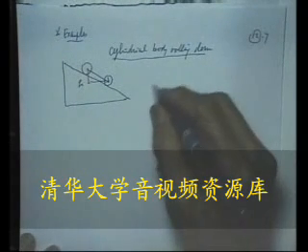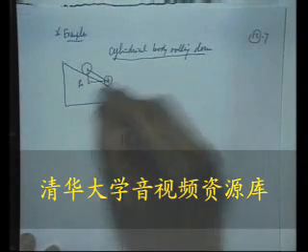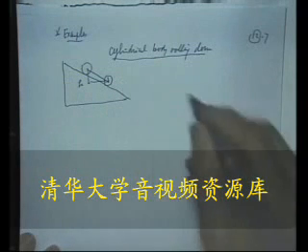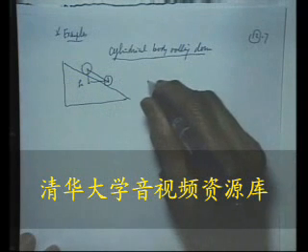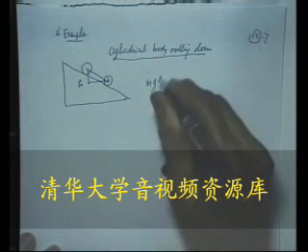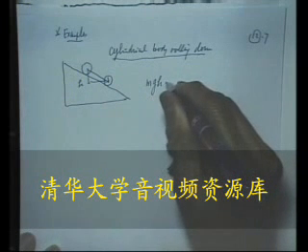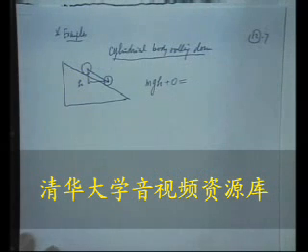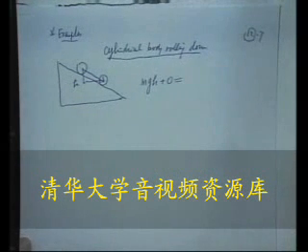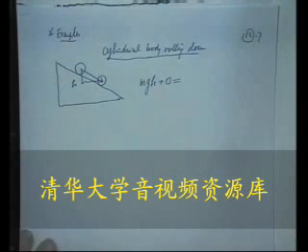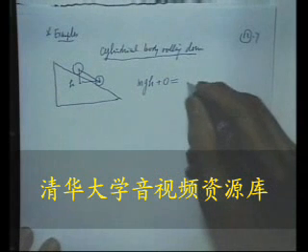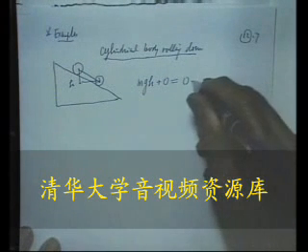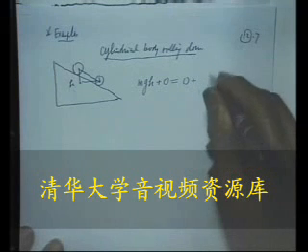So the initial energy, we take the final position to be the base. So the potential energy is mgh initially. The kinetic energy is 0. So that's the total potential plus kinetic energy initially. What is the final? The final potential energy is 0. The kinetic energy is equal to